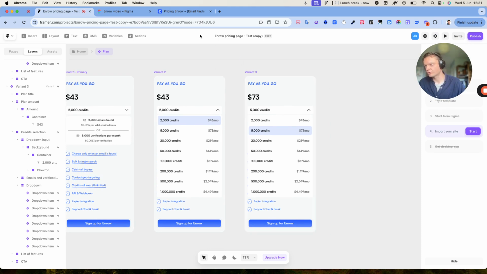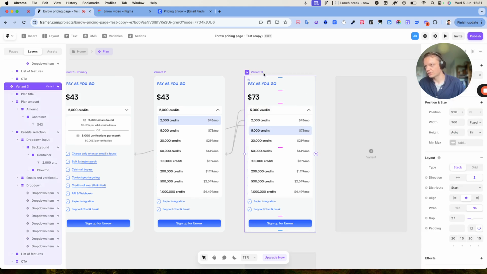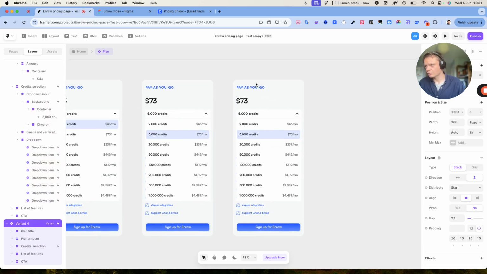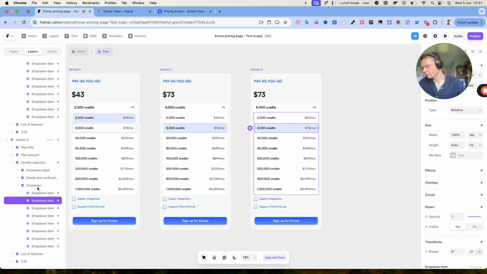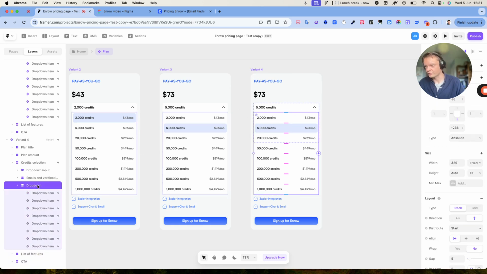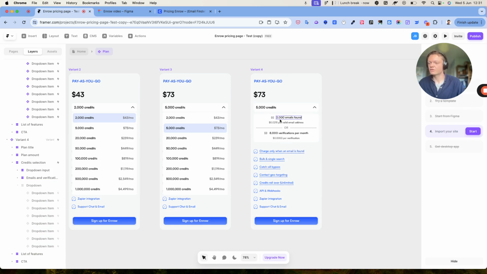I told you that there was another variant to add for the 5,000 credits. And the other variant to add is actually the state when the mouse leaves the dropdown. So here's how it's going to work. This state is the following. There's actually no dropdown. So I'm going to delete the dropdown, and since the limits are displayed here, I'm going to have to change the corresponding limit. So the limits here will be actually